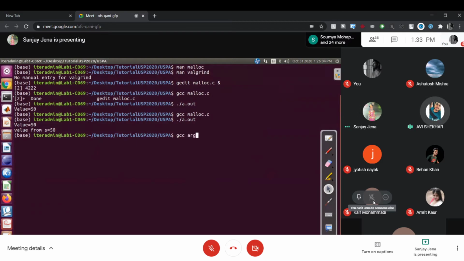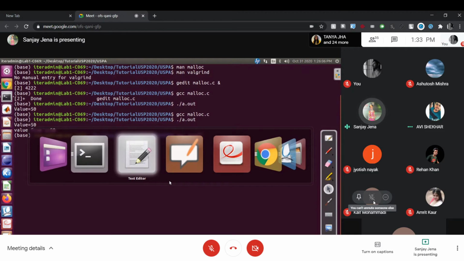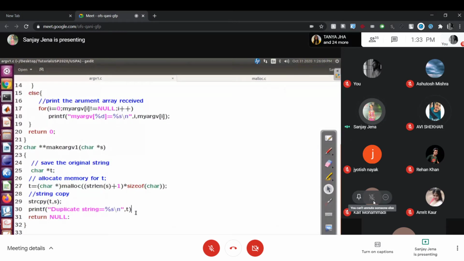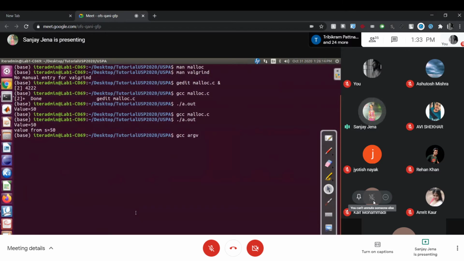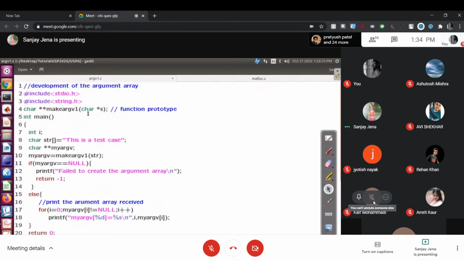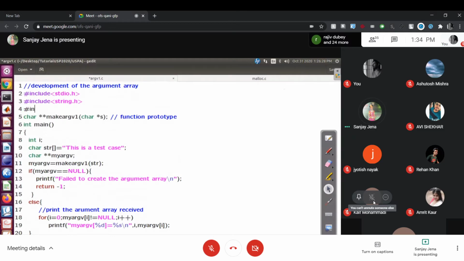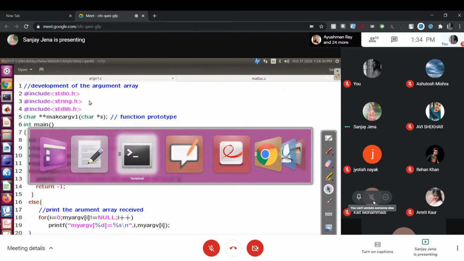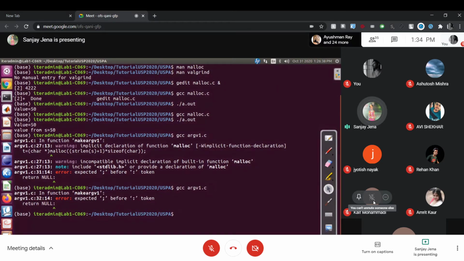GCC says a semicolon is missed after printf. Thank you. What is the program name? ARGV1. Malloc, size of character. We need to include stdlib, which is used for malloc. Exactly. Add the header: include stdlib.h. Return null: error, expected something before token.